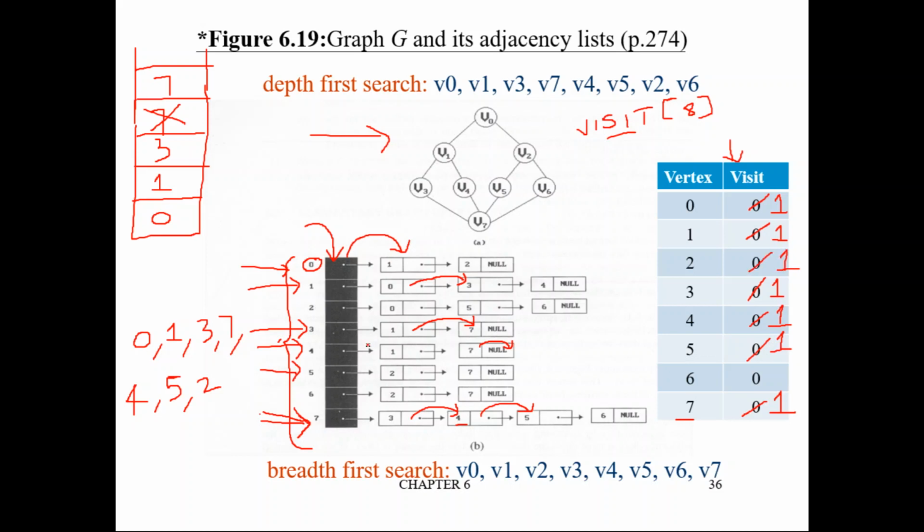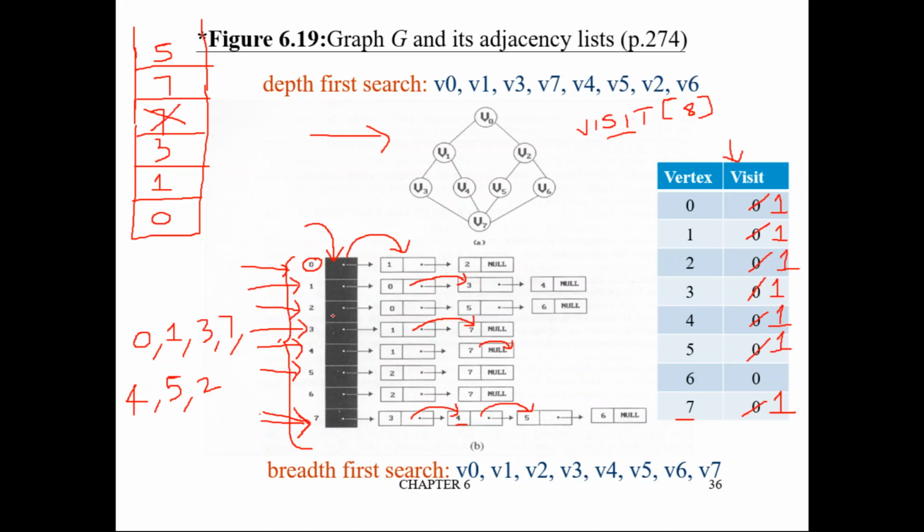Now we are going to jump from 5 to 2. Currently we are in 5, so before jumping, we should push the current adjacency list entry into the stack. What is that? 5. So push 5 into the stack. After pushing 5 into the stack, jump to 2. Now we have jumped to 2.